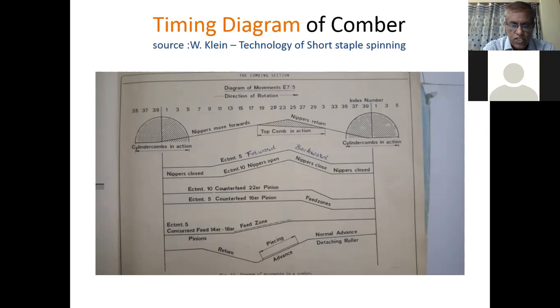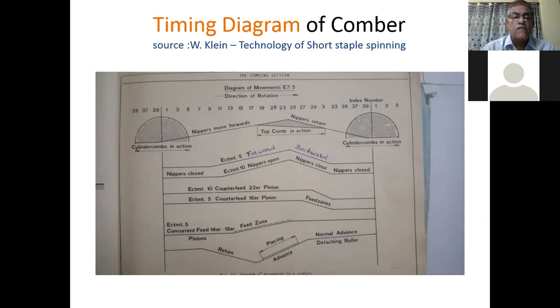At which moment, at which index number the operation will be done is pre-decided. So today we will study at which moment the particular operation will be performed. So this combing cycle is divided into 40 parts of the index wheel.